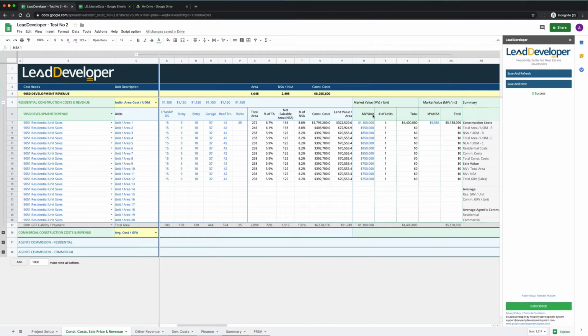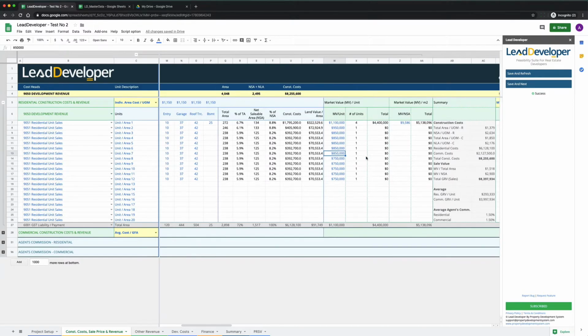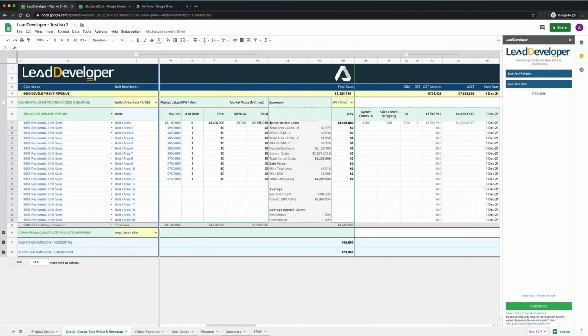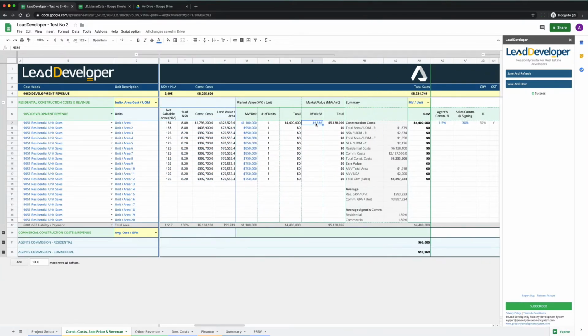If you want to go with something else, I think the best option would be to just get it appraised by a real estate agent and allocate values that way. But for people who can allocate a square meter or a square feet rate for the net saleable area, they can simply come in here and say, look, the going rate in this area for townhouses or apartments or whatever you are developing is about